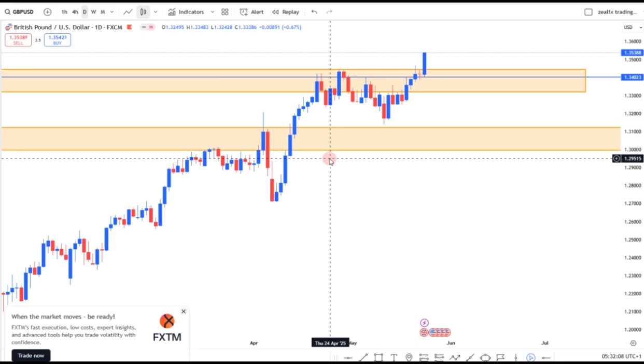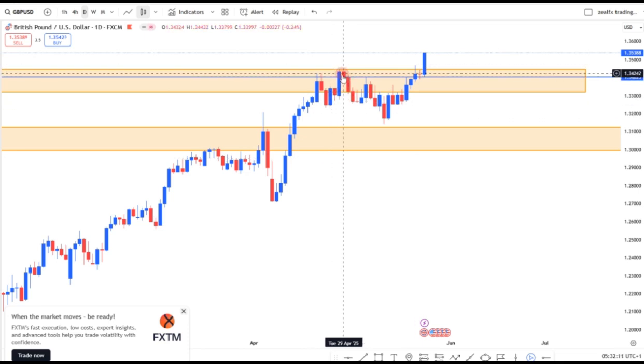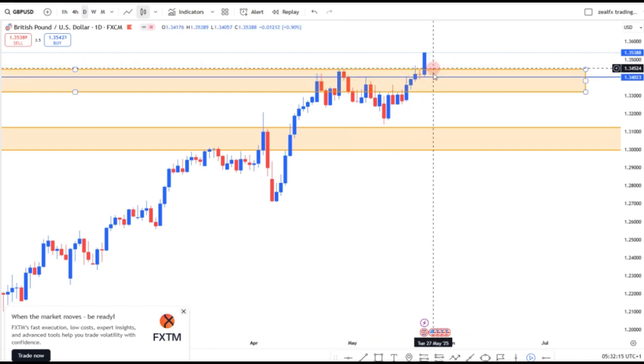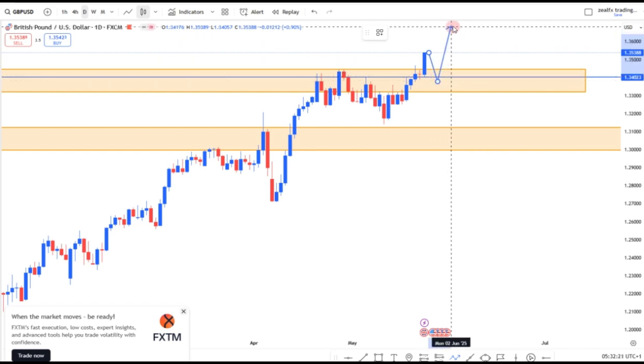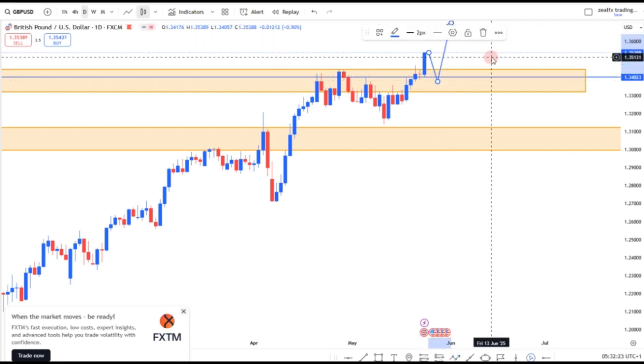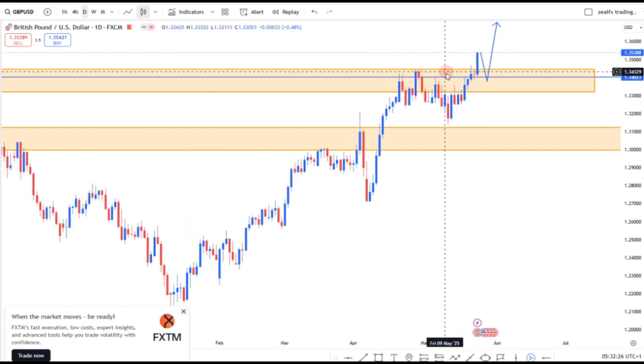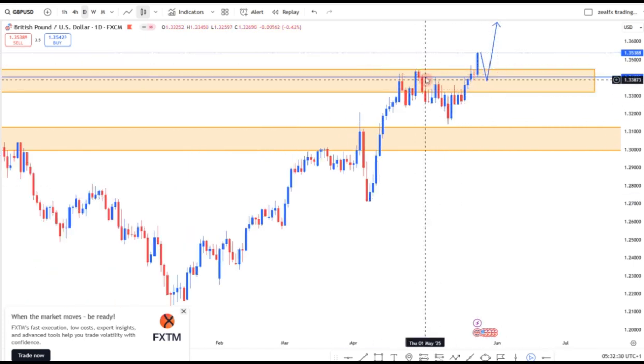GBPUSD on the daily chart broke out of the major resistance level. So long as price breaks out of this resistance level, we expect price to retest back to this resistance level before we see any further price movement to the top. So this week we expect price to retest this previous resistance before we look for any possible buying opportunity on